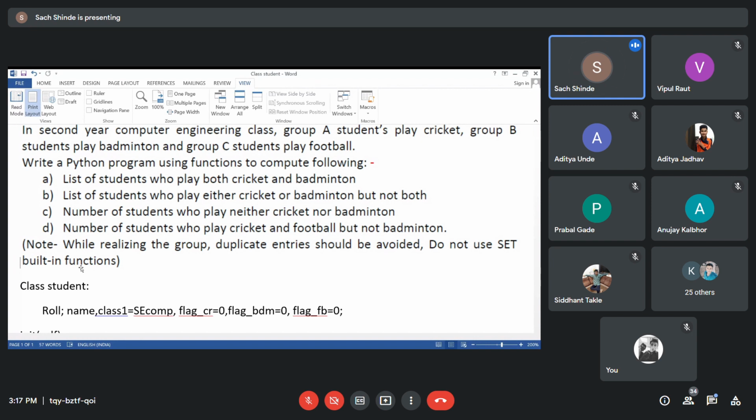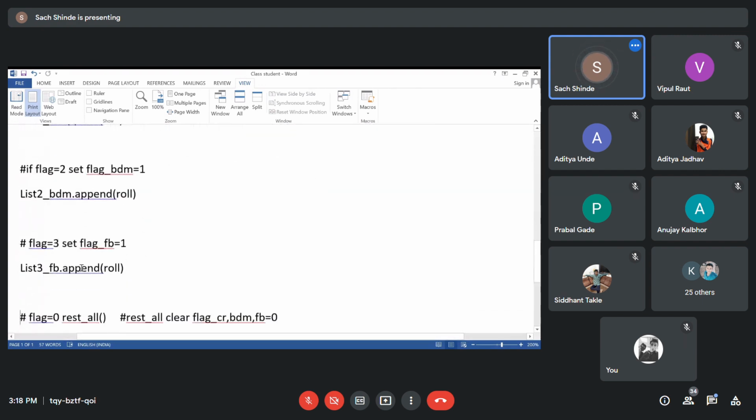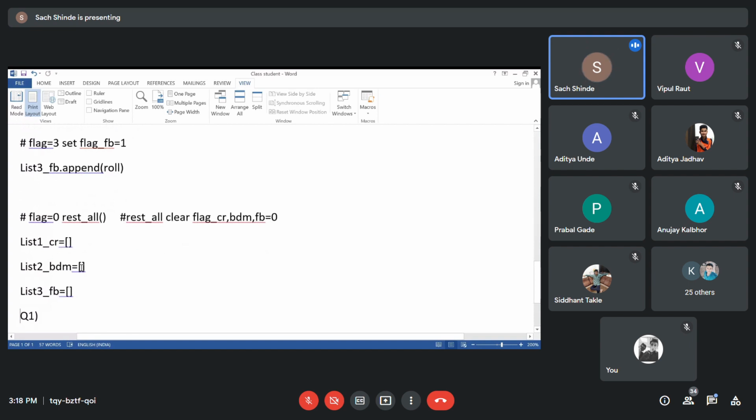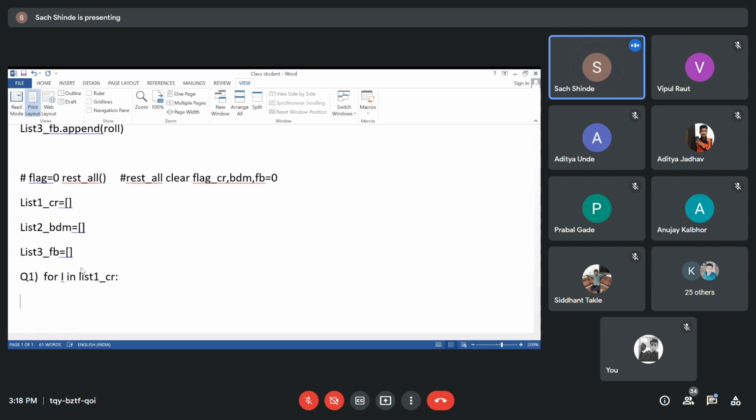List of students who play both cricket and badminton. So now how to compare whether it is in the list or not. So I say we have to take one of the elements in the list. So how to do that is use the for loop. So for i in the list one, suppose list one underscore cricket. So i will be some roll number in the list over here and we have to just compare a particular value.